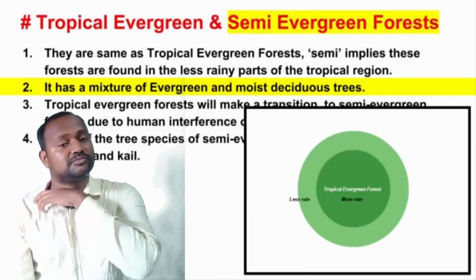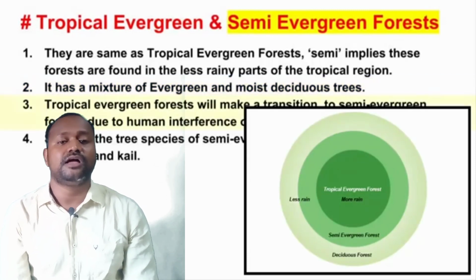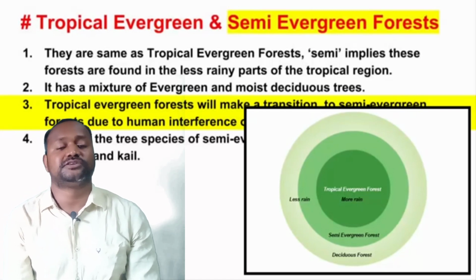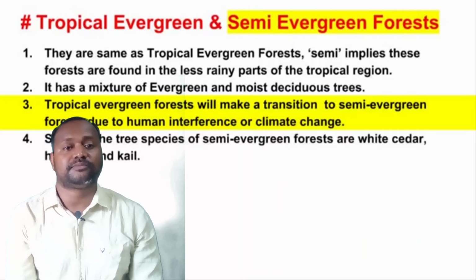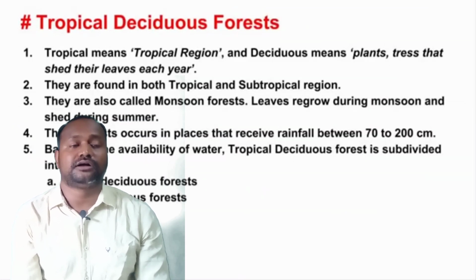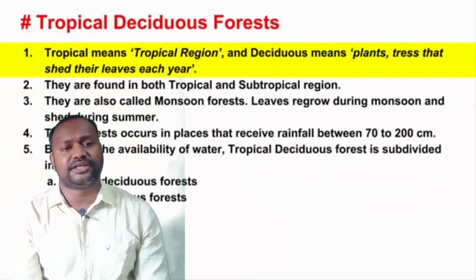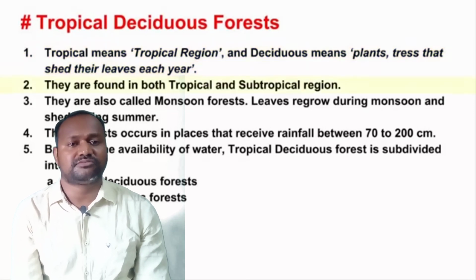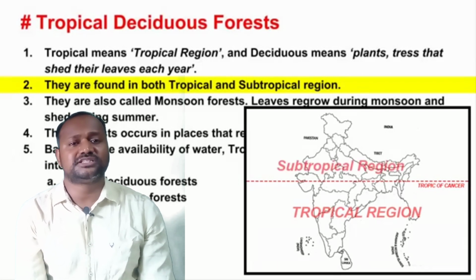These are found in many states of India. And tropical deciduous forests are mostly found in regions near the tropical evergreen. The states where we have tropical deciduous forest are Odisha, some regions of Tamil Nadu, Karnataka, Andhra Pradesh. In Maharashtra also we have tropical deciduous forest, even in the northeastern states. Why is it called deciduous?